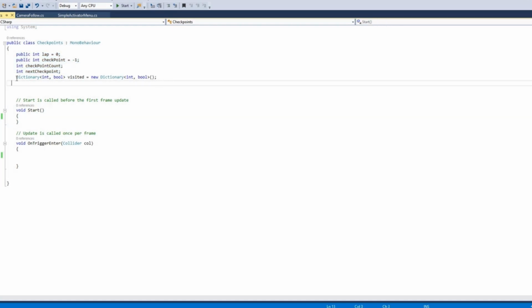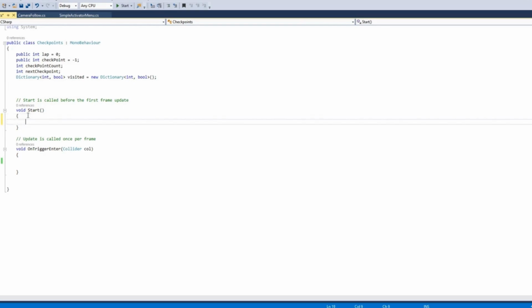And below here I have declared a dictionary. A dictionary stores key value pairs, and we declare a dictionary like this. It will store a checkpoint number. Checkpoint number will be its key. Then it will store whether the checkpoint has been visited or not.